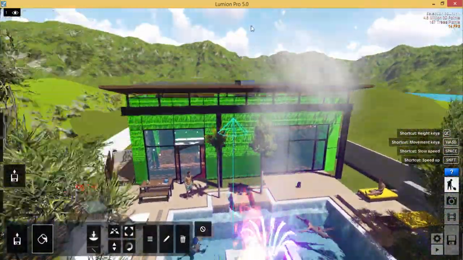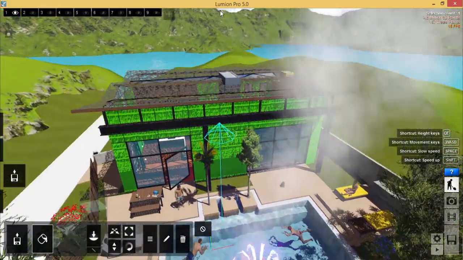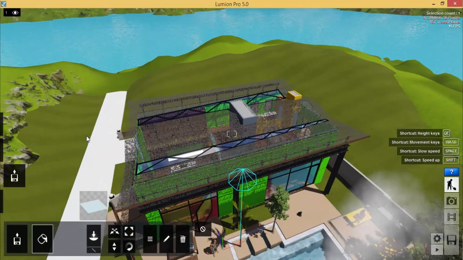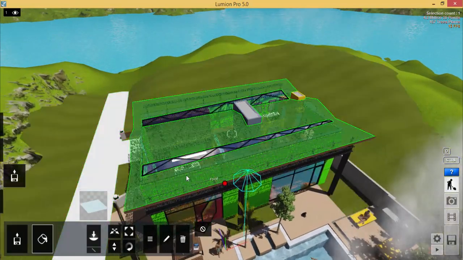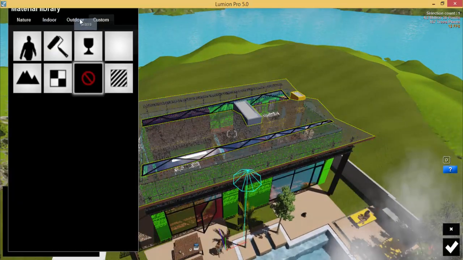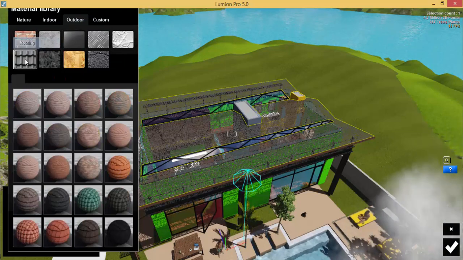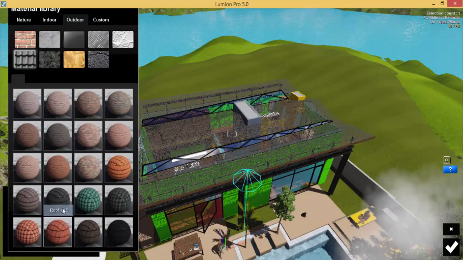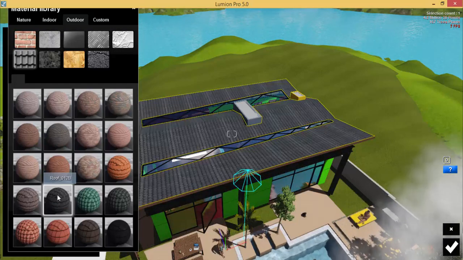And let's look at the roof. The roof also needs a material. So what's going to happen is I'm going to look at the roof and look at outdoor and roofing material. So I will just put on a grey roof for this.